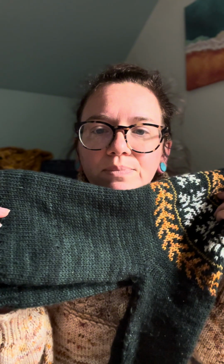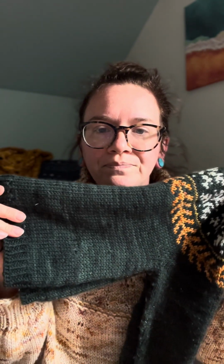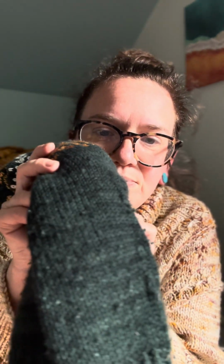The main color is Fiber for the People. They're DK. I don't remember, I think the colorway is called Endor. Dark green, really pretty for a Christmassy fall sweater. But as you can see, he's been wearing it. It is pilled, and it's got grass and dead grass, and you know, rolling it in the ground and all that fun stuff. Close up. Anyway,